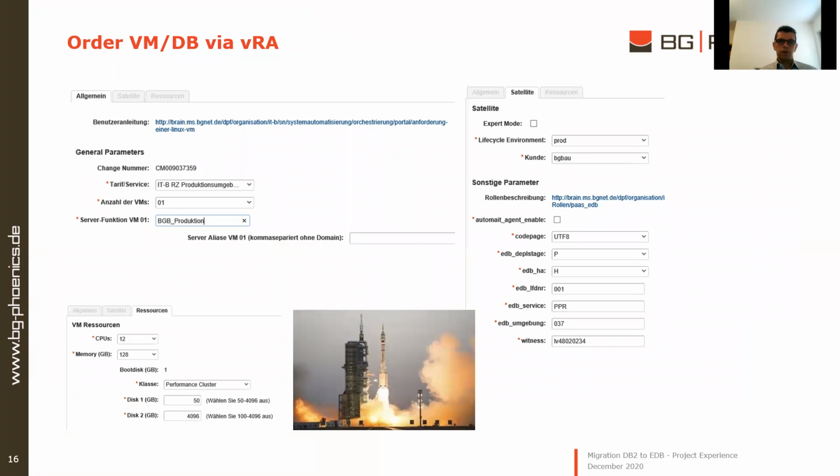Our cloud order slide. You can see a lot of list buttons, and they are filled with official values for customers, service definition, deployment stage, life cycle, and so on. The sizes, you can see it here, left, down here, are in the GUI free and can be set at will, but we define t-shirt sizes for the machines to have a standardized VM.